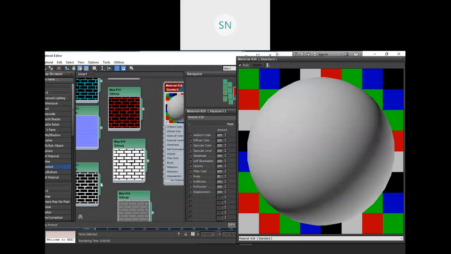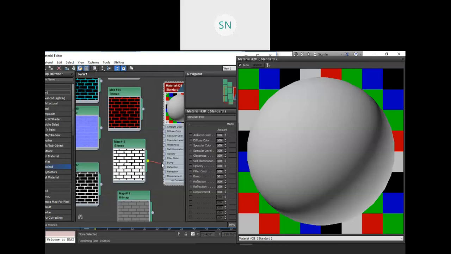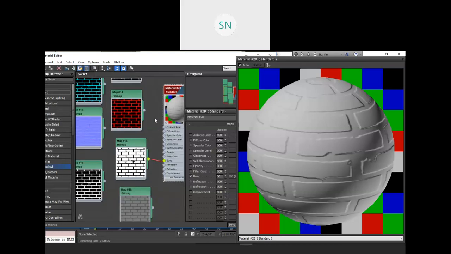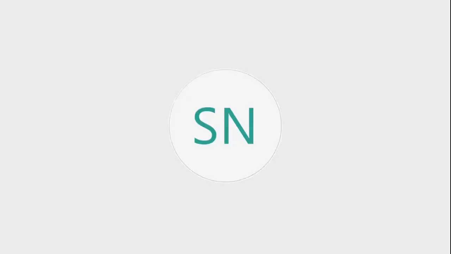And this is the reverse image. Now see, these are our white colors, and it is on the height. So let me use this one,